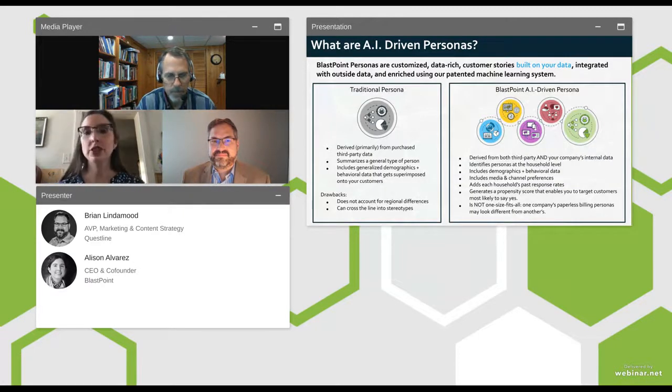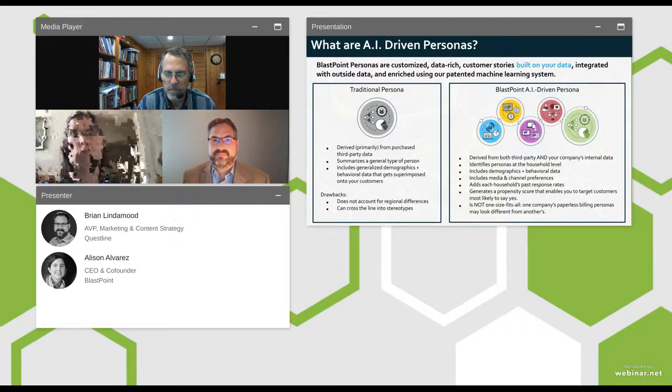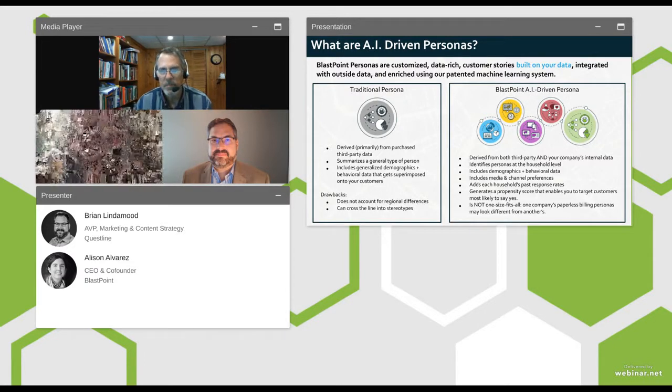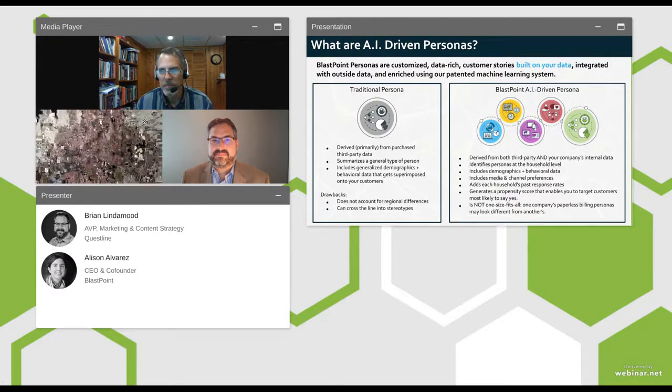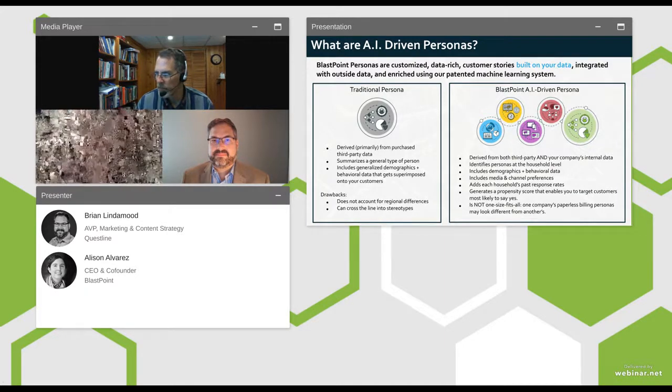So let's just talk about what these are really quickly, because I think, based on the polls, it sounds like a lot of people are using segmentation, might be using personas already. And if you put personas in place, you know that they can be a lot of work. And so a lot of what we're doing is using computer systems to do a lot of that work for you. And honestly, what it can do is look through the data in ways that eliminate sources of bias and build a coherent picture.